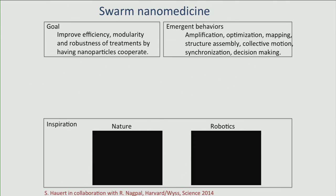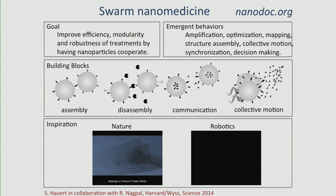And this got us very excited about what we can do in nanomaterials. And so now we've been making nanomaterials that assemble, disassemble, communicate, and have collective properties. So this is very early work that's happening at MIT. The computer has finally caught up with us. There are the birds. And then this is a collaboration with a colleague of mine who's a roboticist at Harvard,